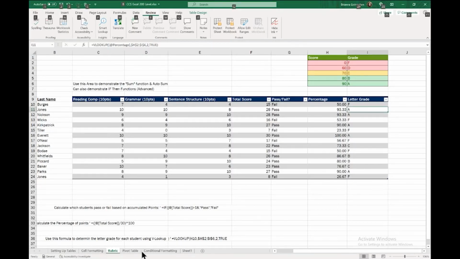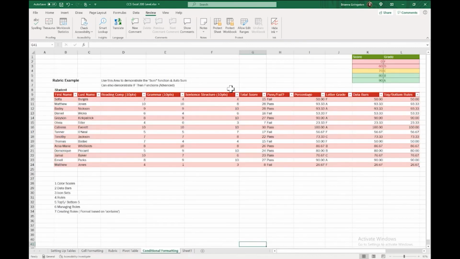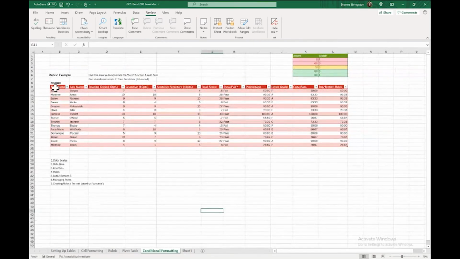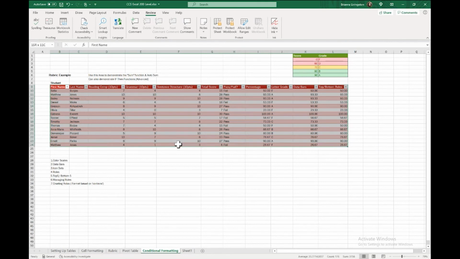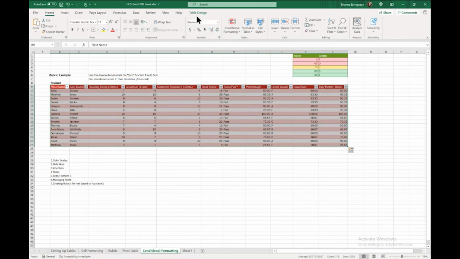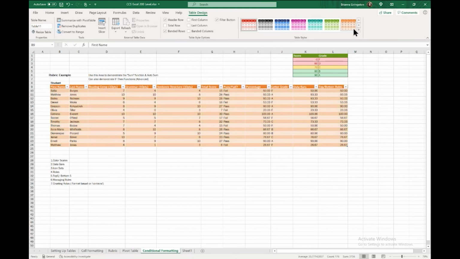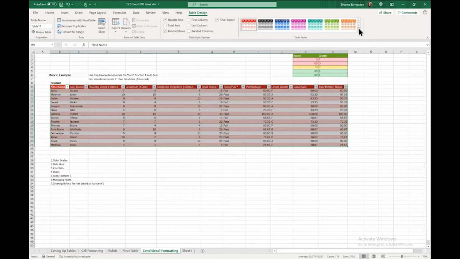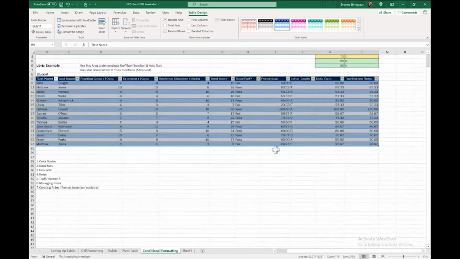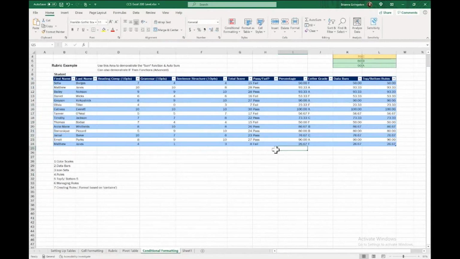All right, let's go ahead and real quickly do conditional formatting, and then we'll end on pivot tables. This is really hard to look at. I don't like looking at red tables, so we're going to change that to, let's do nice blue. It's a little bit easier to look at. All right, so we have that same table. We've got our same answers. However, now we want to apply some conditional formatting.